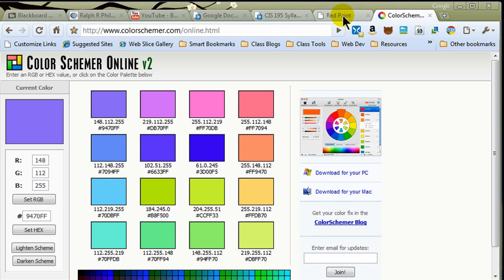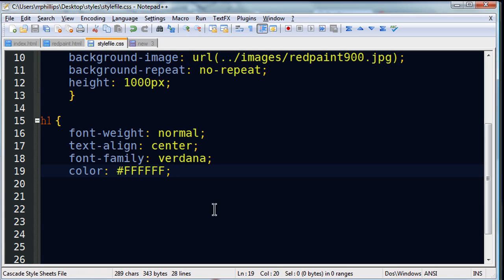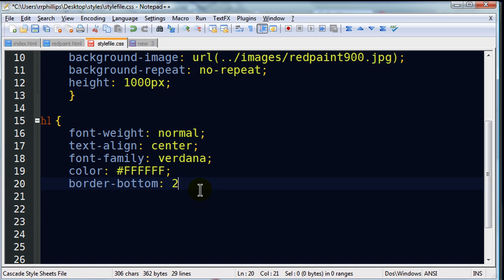Let me jump back over to my browser and see how this is looking. There it is, my text is centered on the page. Now I did want to show you some borders with this video, and I haven't even done that yet. So let me go ahead and put in border-bottom: 2px solid #FFFF00,